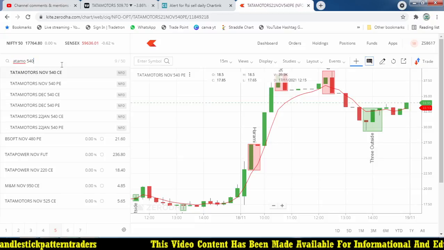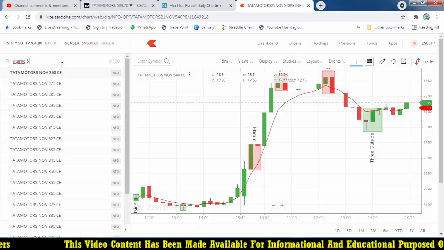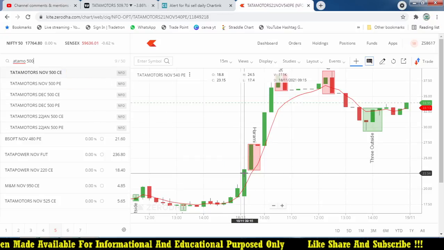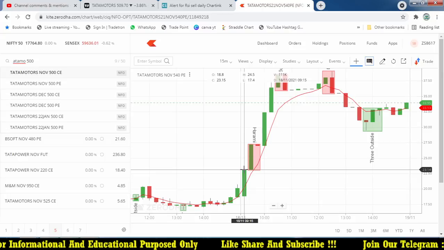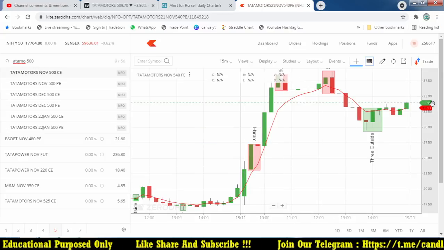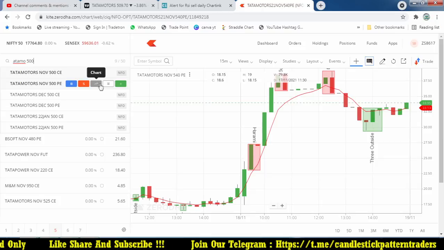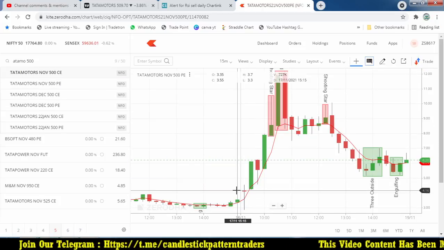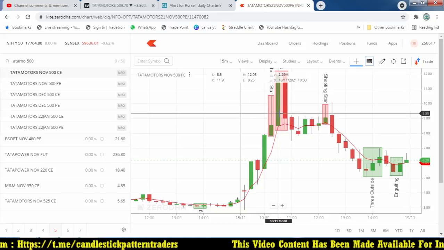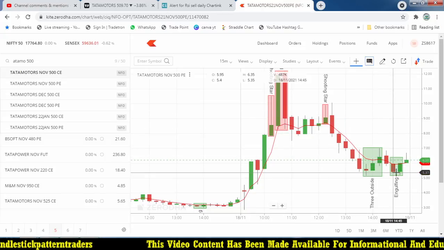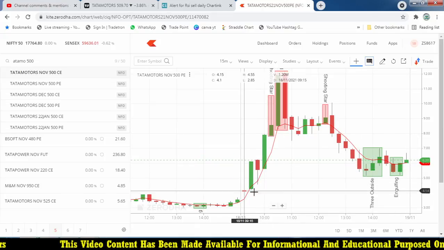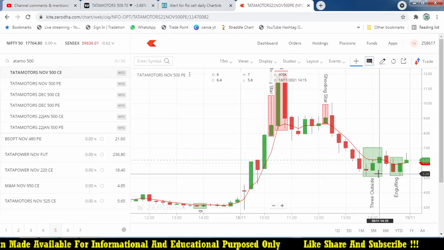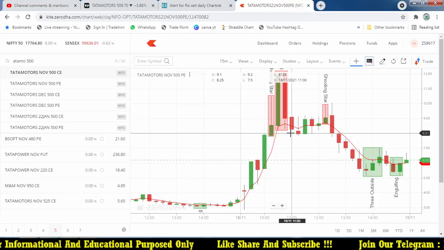So let's see, instead of 540, if I take the 500 put option. If you compare this with the ITM option that went from 22 to 32, the 500 put option at 9:30 was priced at 4 rupees, and it went up to somewhere around 12 rupees, and again it closed near 6 rupees. There is not a big difference between the entry price and the closing price, 4.5 to 6.2, almost 1.2, because this is an OTM option.